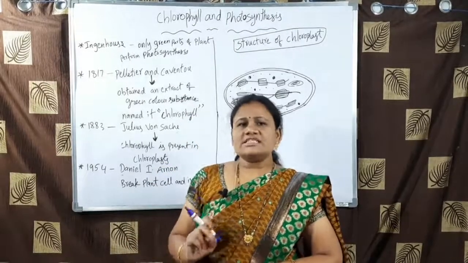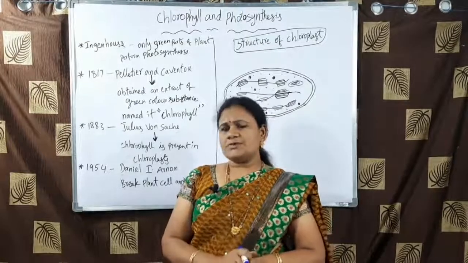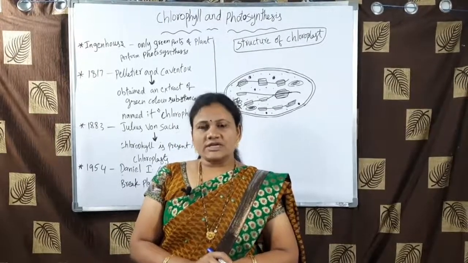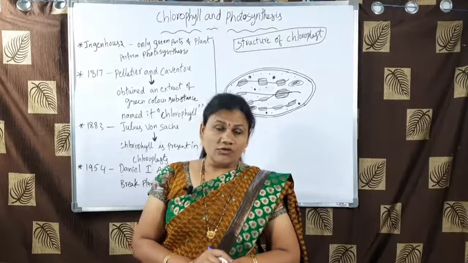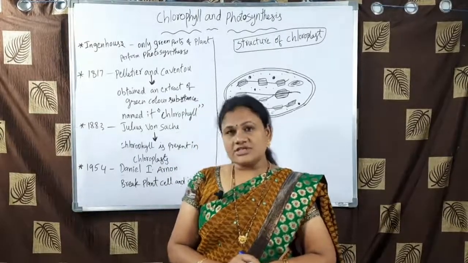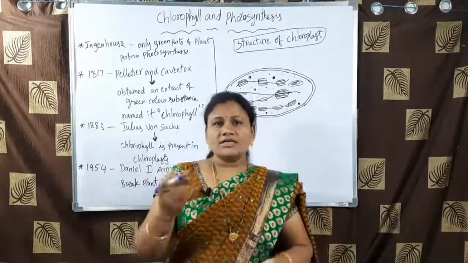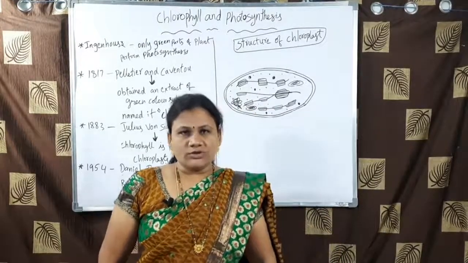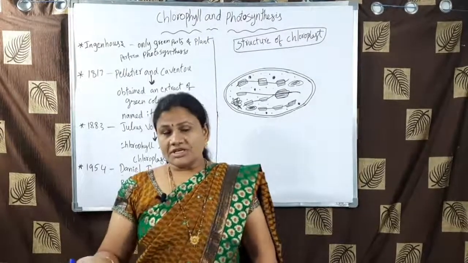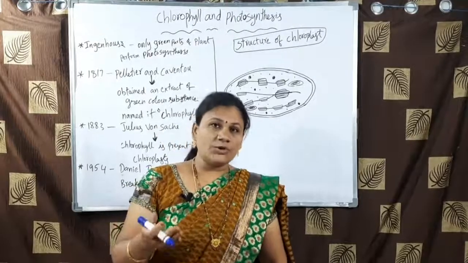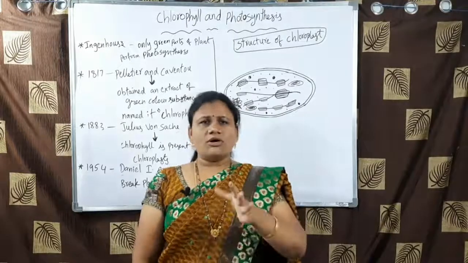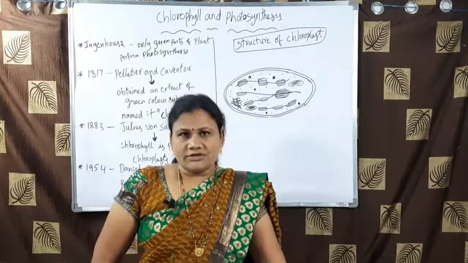Okay, once again, let's recall our previous classes. In the first class, we discussed the introduction of autotrophs and autotrophic nutrition, the definition of photosynthesis and its equation, and a detailed account of the photosynthetic equation. That means the factors involved, the raw materials which help to initiate photosynthesis, and the end products formed in photosynthesis. All those things are explained in the photosynthetic equation.